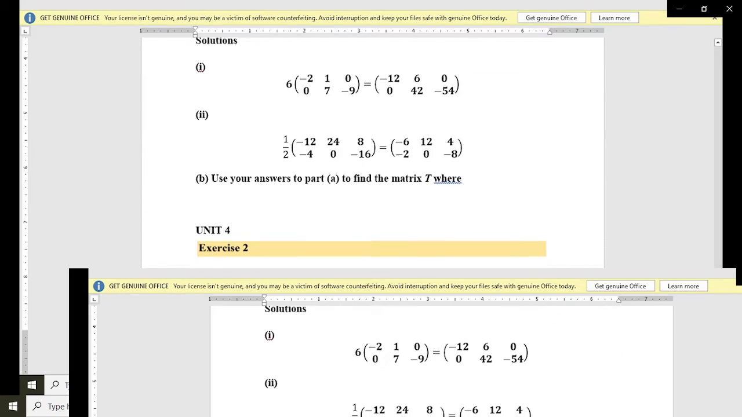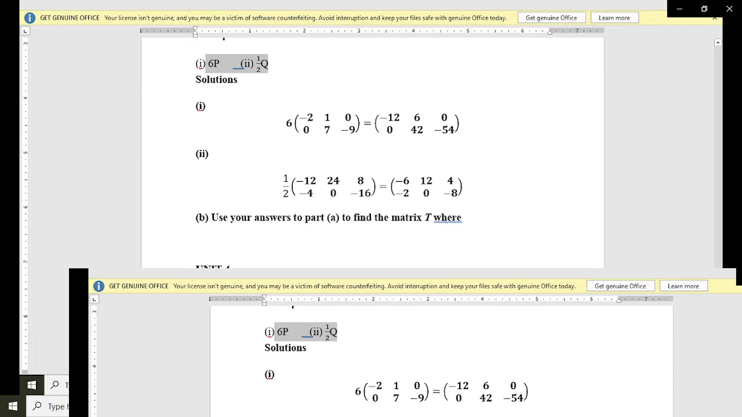Okay. There we go. Yes. Where T is equal to what? T is equal to 6P plus a half Q. So in our solution now,